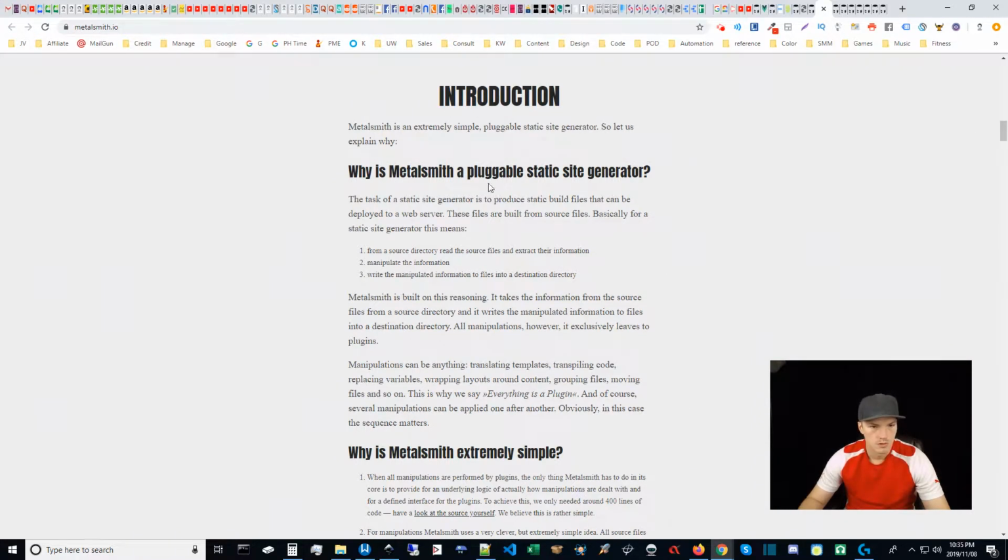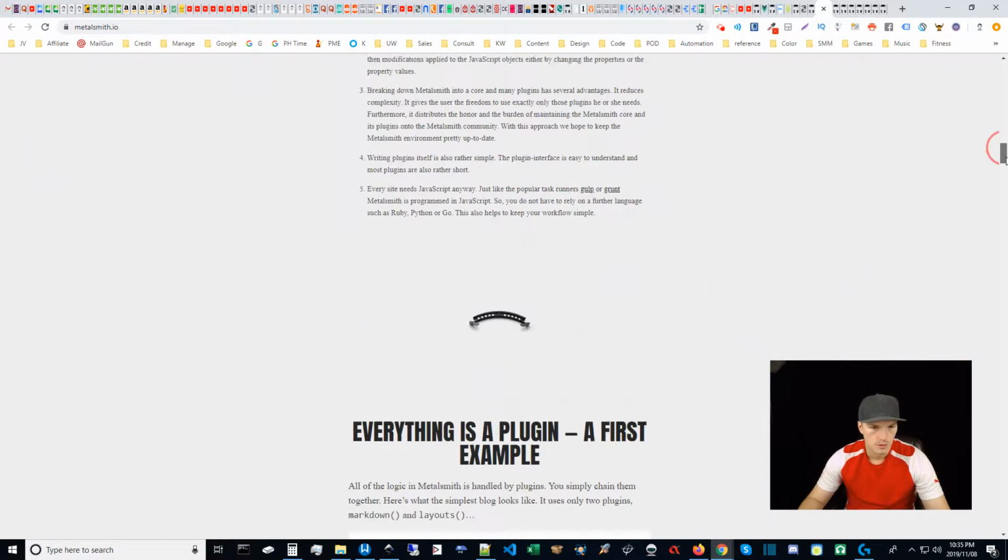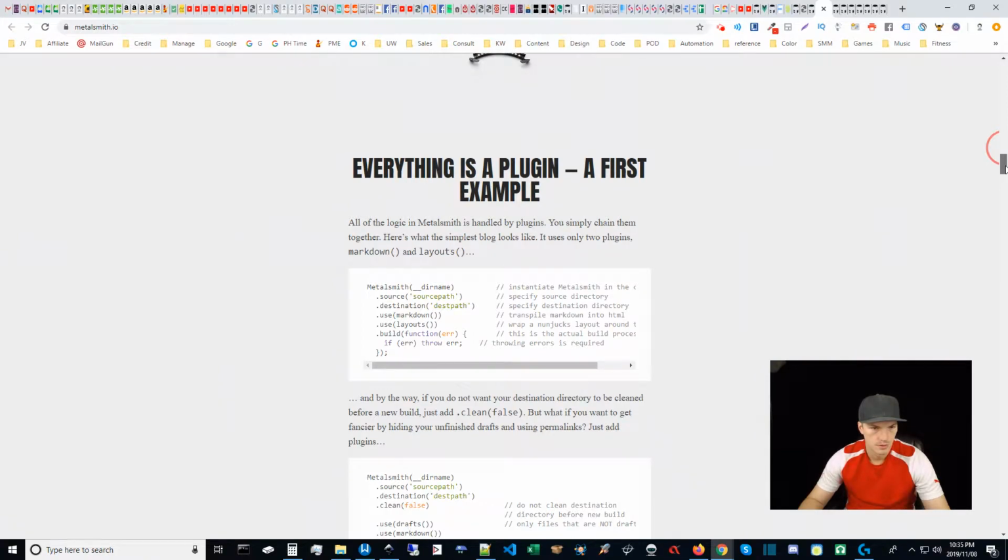Why is Metalsmith a pluggable static site generator? Task of a static site generator is to produce static build files that can be deployed to a web server. These files are built from source files. Basically, for a static site generator, this means from a source directory, read the source files and extract their information, manipulate the information, write the manipulated information to files into a destination directory. Okay, I'm not sure